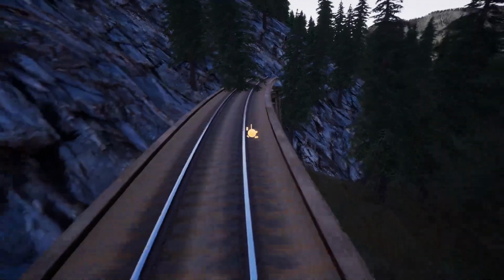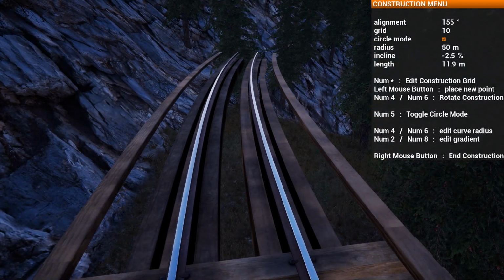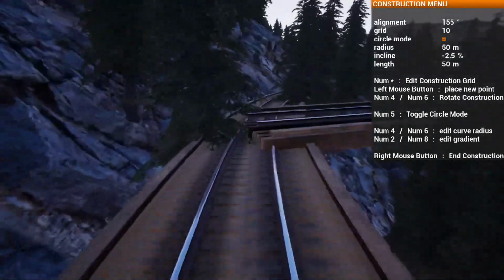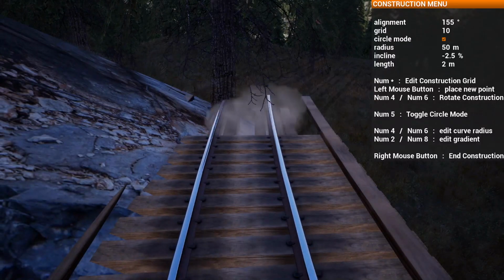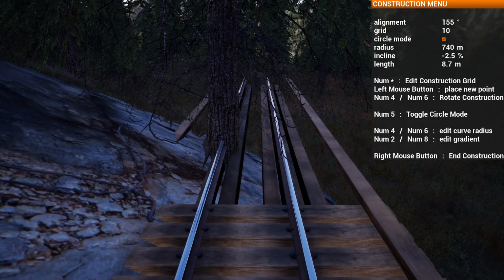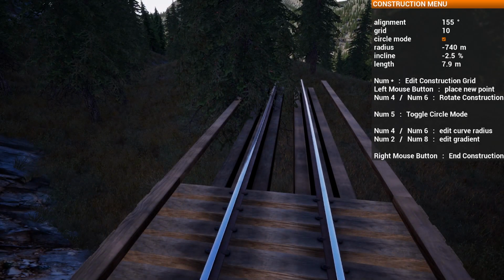That's at a 90. But if we do it 50, I think we just clear it. Yep, just clear it. Straighten her out for a section. Kind of bring us out, and then